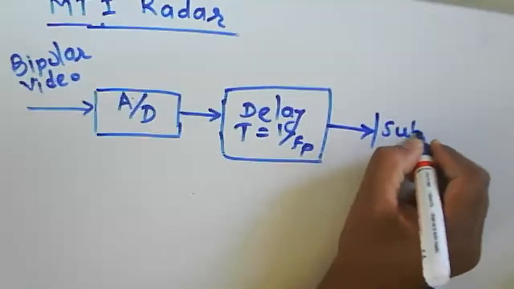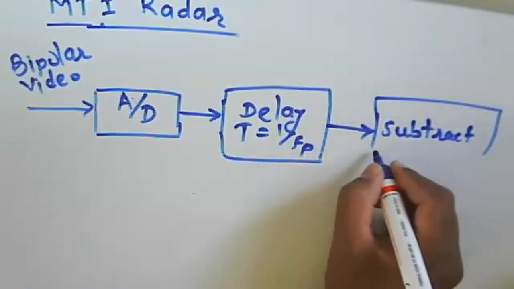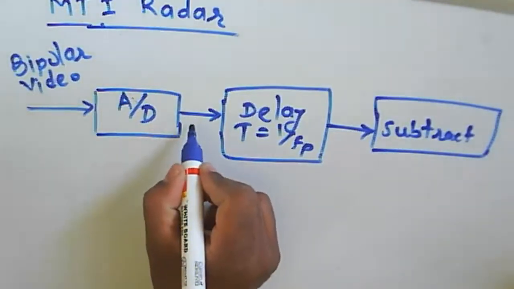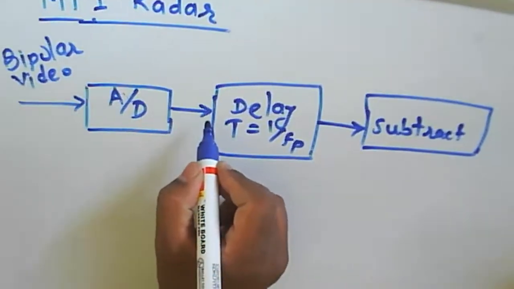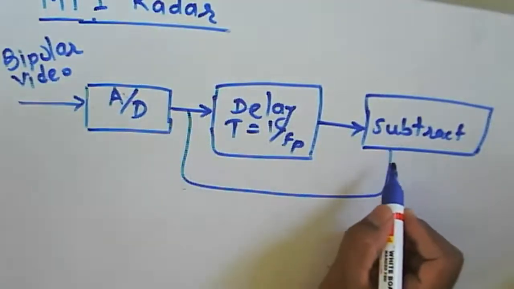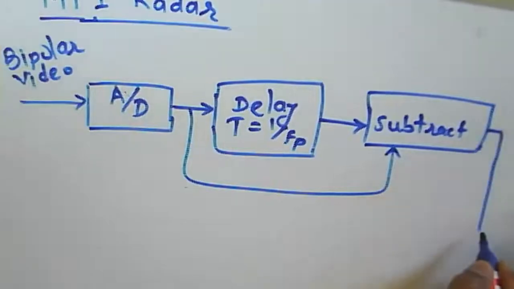This is the original signal, and for the given original signal, the delayed signal is to be subtracted. So we provide the input of the same. Then after that we'll get some absolute value